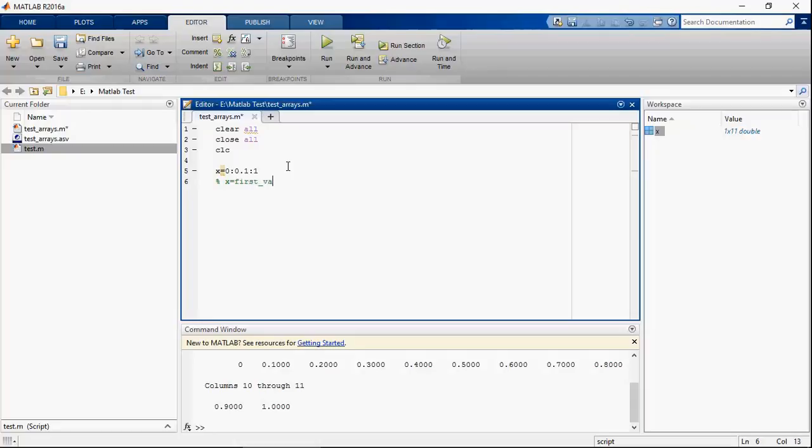So the command is x equals first value colon increment colon last value. The first value is 0, the increment is 0.1 and the last value is 1.